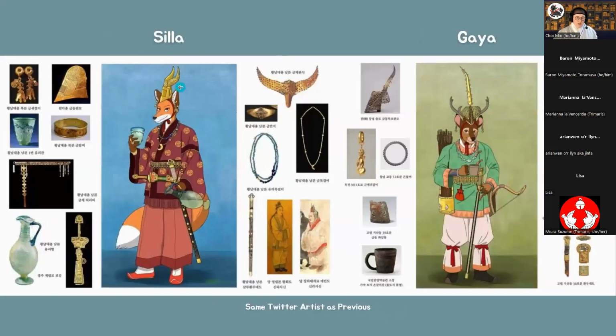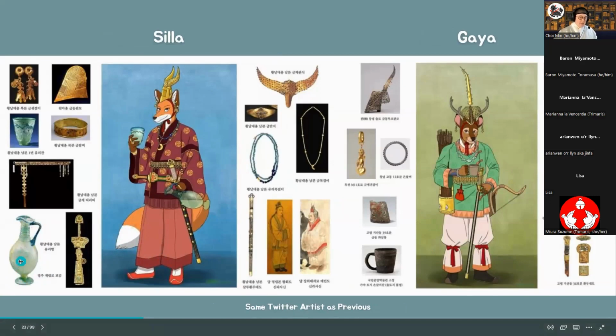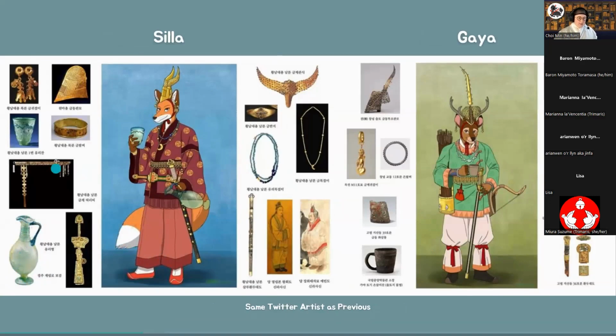Here's Silla, which is a fox, which is also fitting. And here we've got our Roman glass that made it to Silla Dynasty because they were flexing so much gold. And here's what this hat looks like, a helm when you don't see it on a head, but it's actually really tiny, like this. And you can see that he's got the hat on it, and this piece would have set on the front tip of that hat.